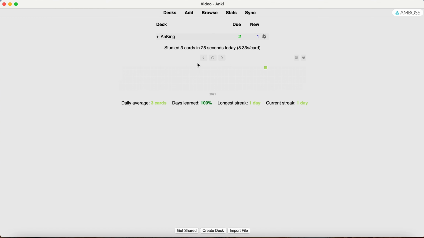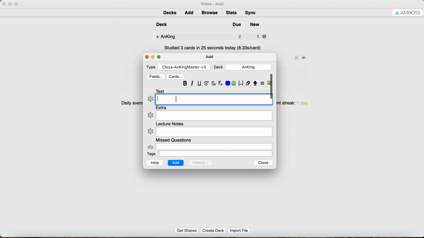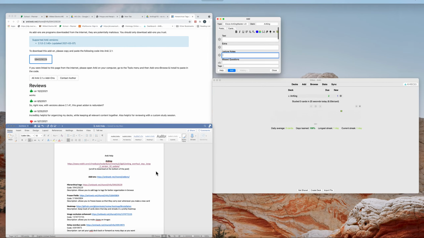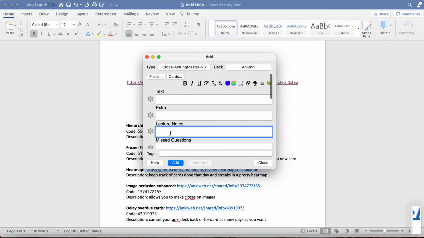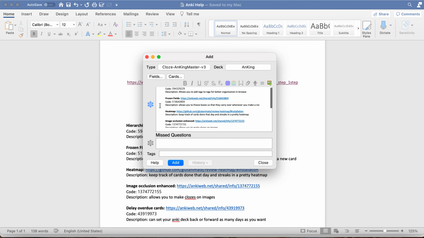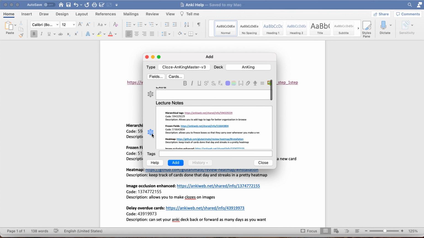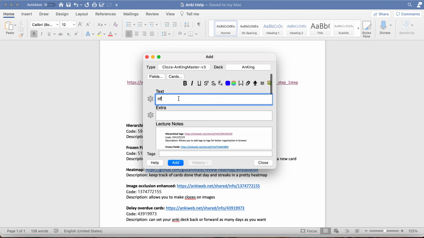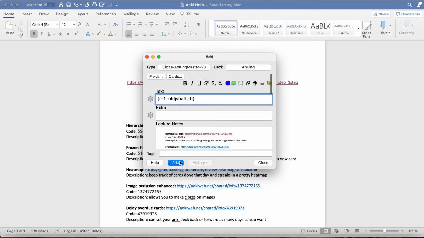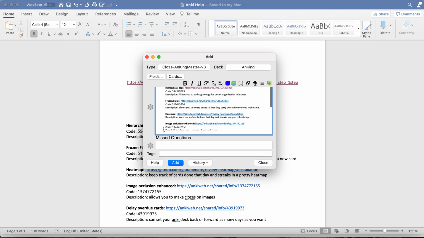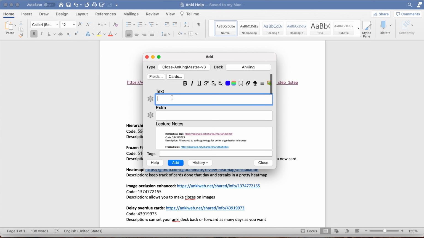Frozen fields. So what frozen fields tag does, let's say I have a card here, and I have a really good reference slide for all of these different cards I'm going to be making. So if I go in and I put this here, and I want this to stay here, I click the little snowflake. So typically what happens is if I make a card and I hit add, oops, sorry, let me close that. And I hit add, everything's going to delete. If I hit this snowflake and hit add,